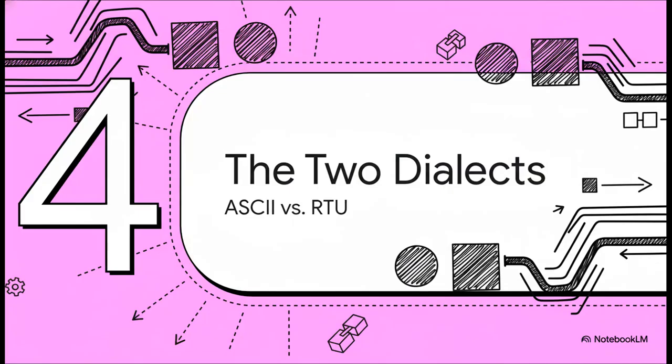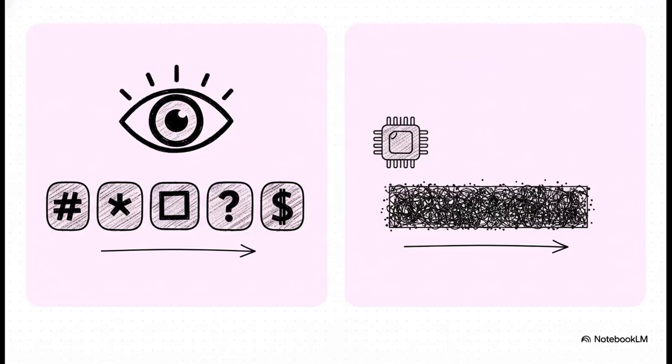Okay, now this language actually has 2 main dialects, or transmission modes. And these dialects basically determine how the ones and zeros are actually sent down the wire. Let's take a look at the 2 big ones, ASCII and RTU. So on one hand, you have ASCII mode. Here, every byte of data gets sent as 2 characters that you could actually read on a screen. The numbers 0 through 9 and the letters A through F. It's a bit slower, but it's more forgiving if there are little time gaps in the transmission.